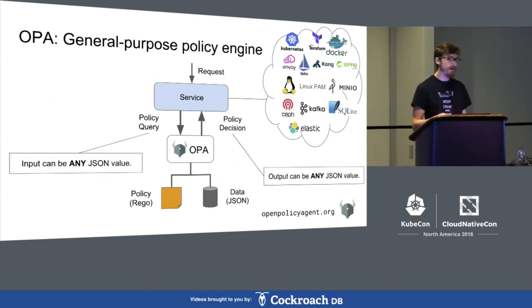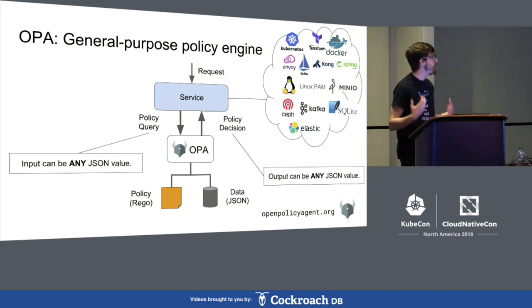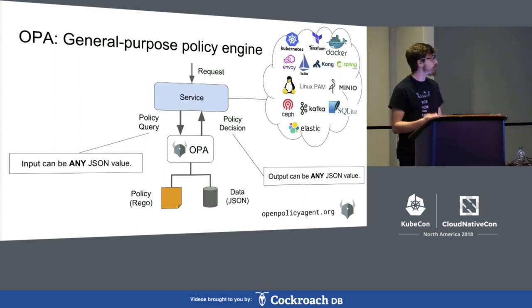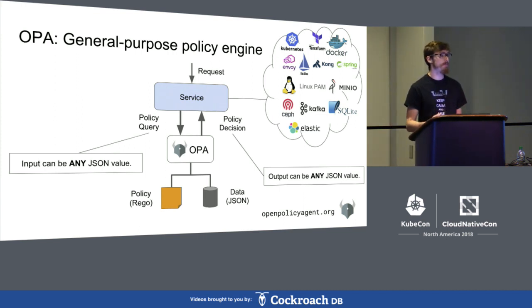And one of the fundamental design decisions was that the attributes that you provide to OPA can actually be arbitrary JSON data. So you can provide any JSON value to OPA when you execute a policy query. Similarly, the decisions that OPA generates can be arbitrary; you can generate any JSON value from your policies. Okay? So in a simple authorization case, you might generate allow or deny and represent that as true or false. But in an admission control use case, you might need to generate a complex structured object that represents